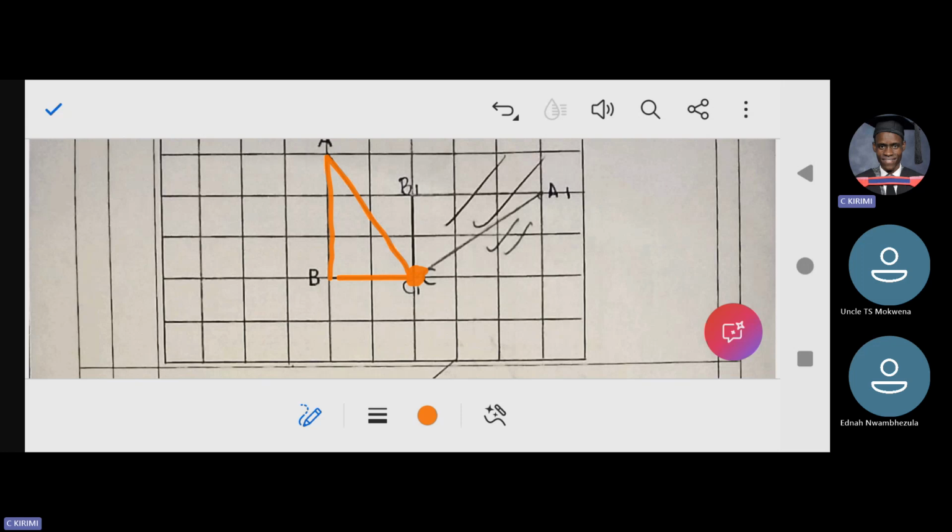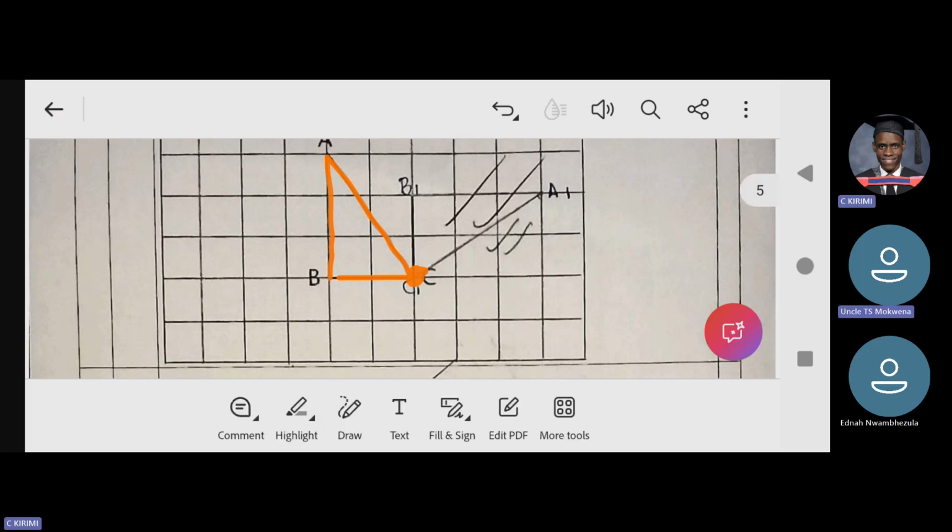Do you hear what I'm saying? You are just rotating about C. So C is the center of that rotation. So C is going to be the center of the rotation. So if you are to measure a 90-degree rotation about C, what does that mean? It means that